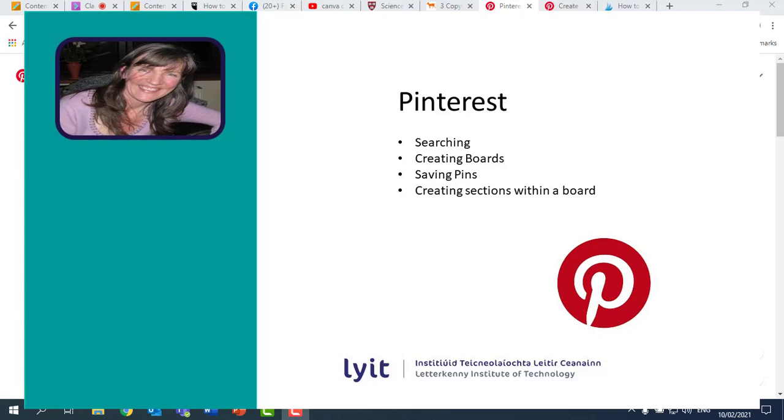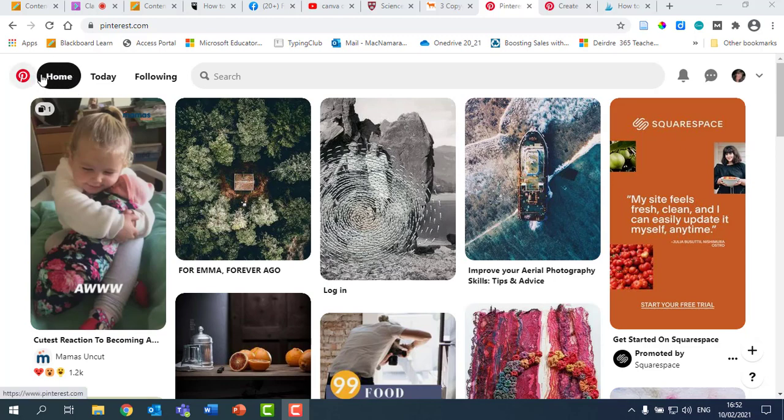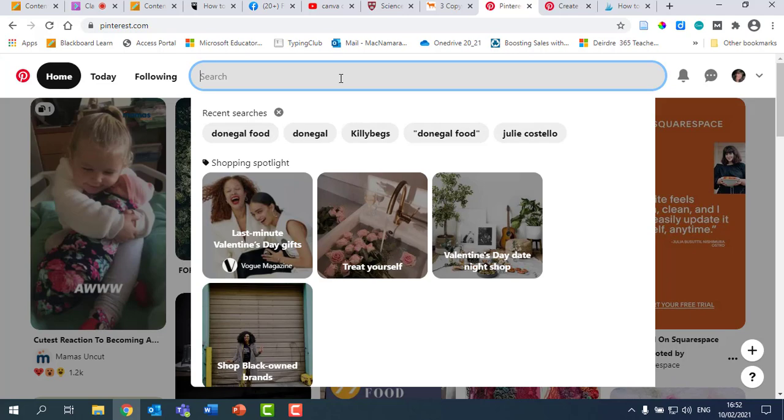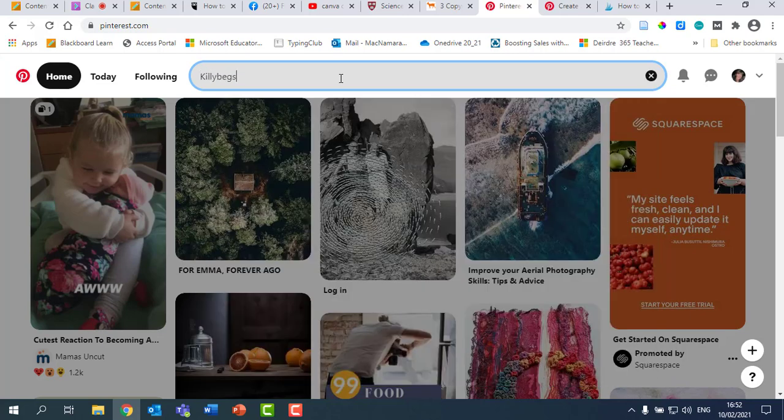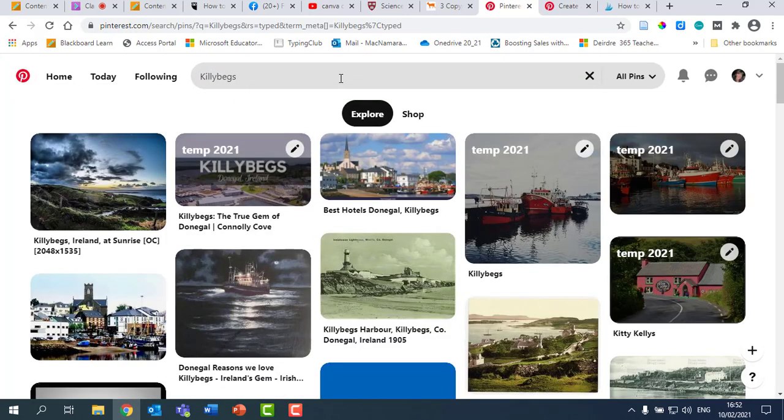I've logged into Pinterest, and I'm on the Home tab, so click on the Home button up the top. We're going to start off by, for example, typing in Killybegs and pressing Enter. It's searched through all the images, and at the moment it's looking at individual pins or posts. It's a bit like a post or a photograph, and there's a huge number